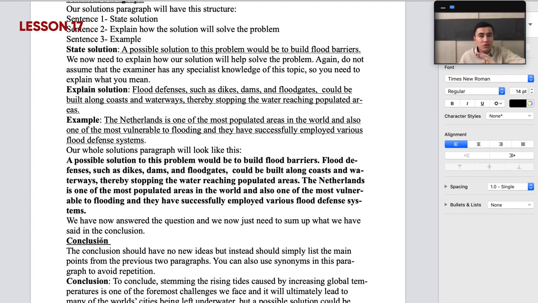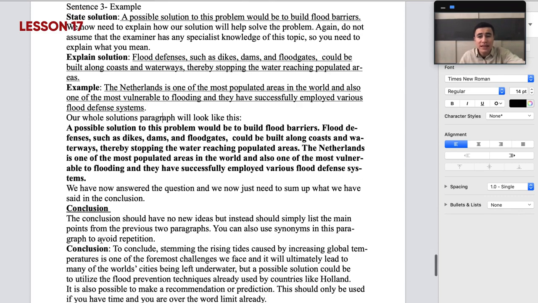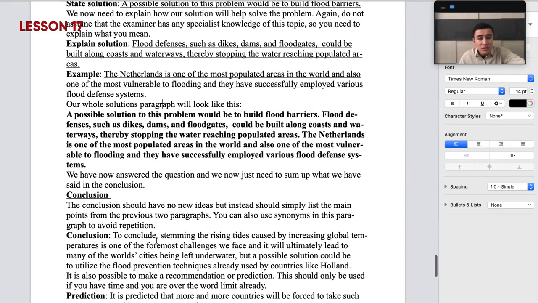Okay, you should remember that the conclusion should not have any new ideas, but instead you should simply list the main points, summarize them, and of course you can also use some strategies and add a prediction or recommendation. Now, to conclude,